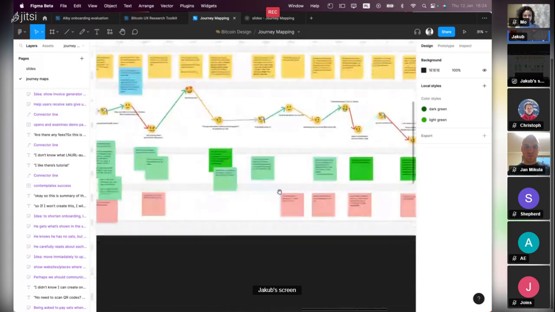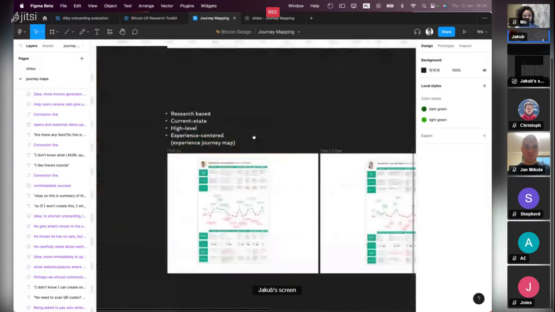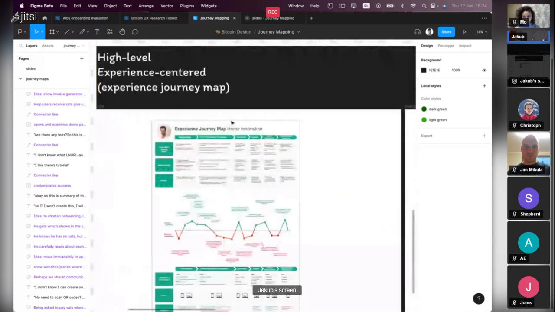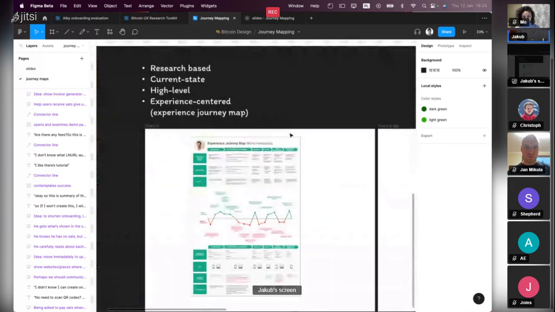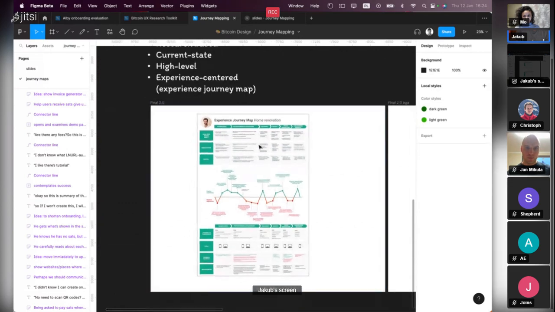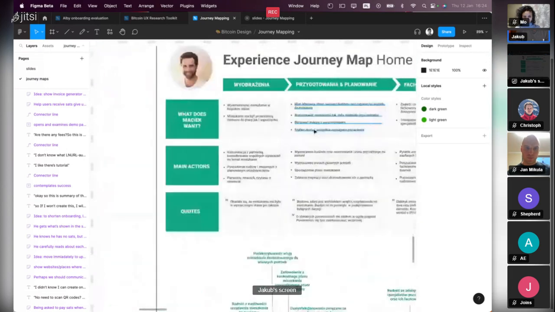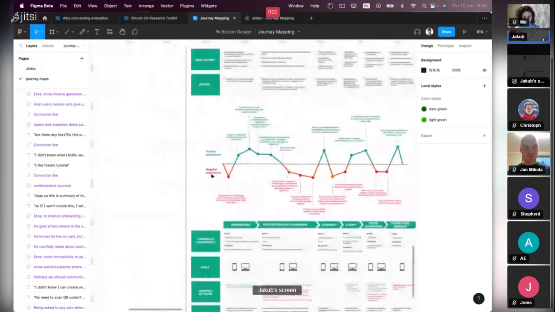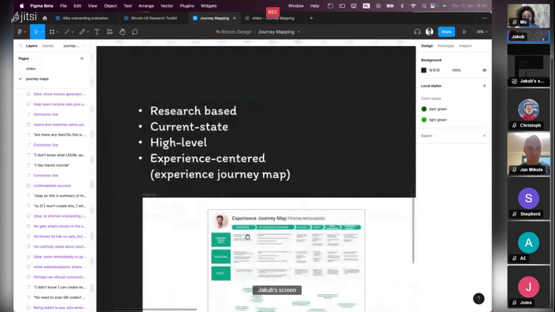And the other map I did is actually an experience journey map, and I did it with a team on postgraduate studies, when we tried to design a product that helps people to go through their home renovations. It's in Polish, so I only translated these categories, but yeah, it's